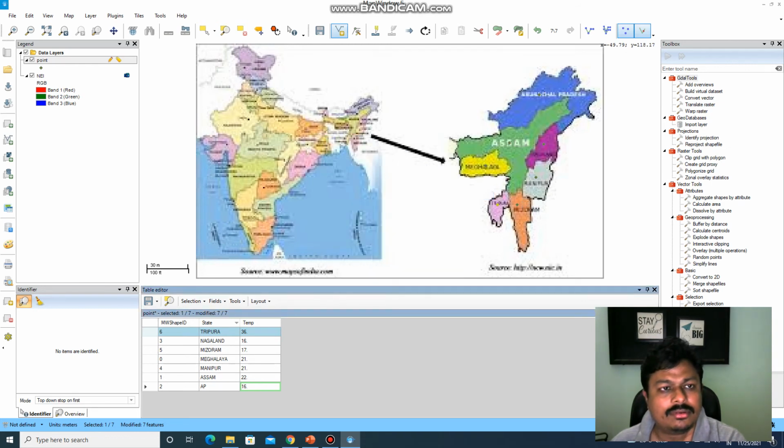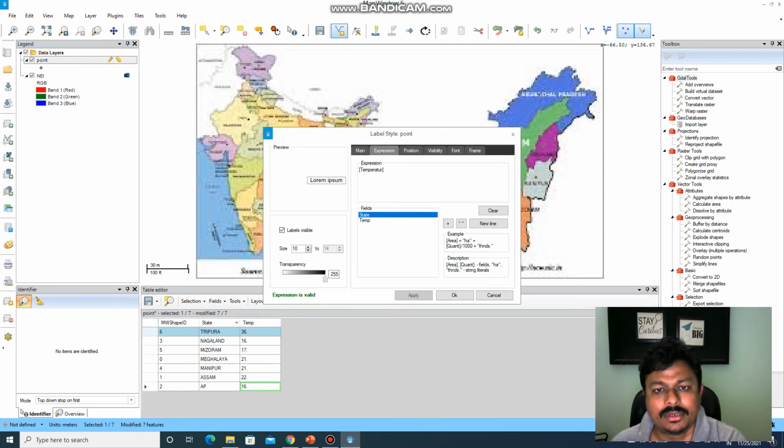Okay, so when you go to table editor, you go to layers, labels, then to expression, and then just write state name, use the square bracket. Okay, so let me